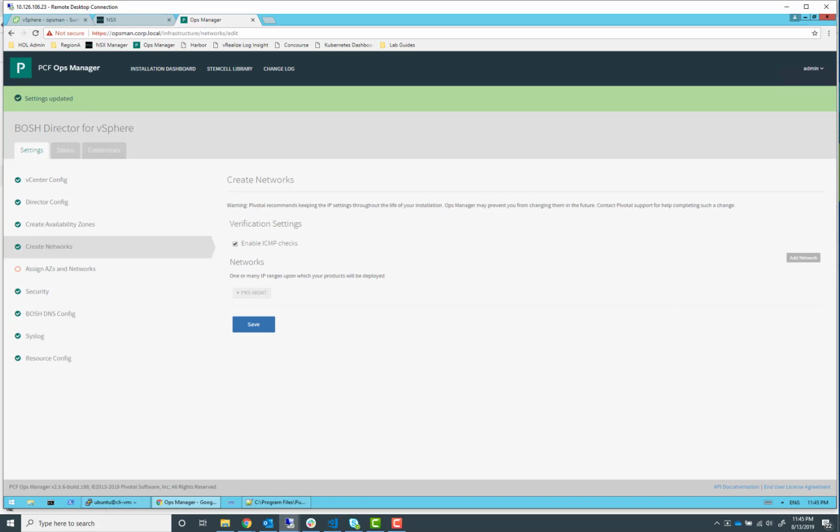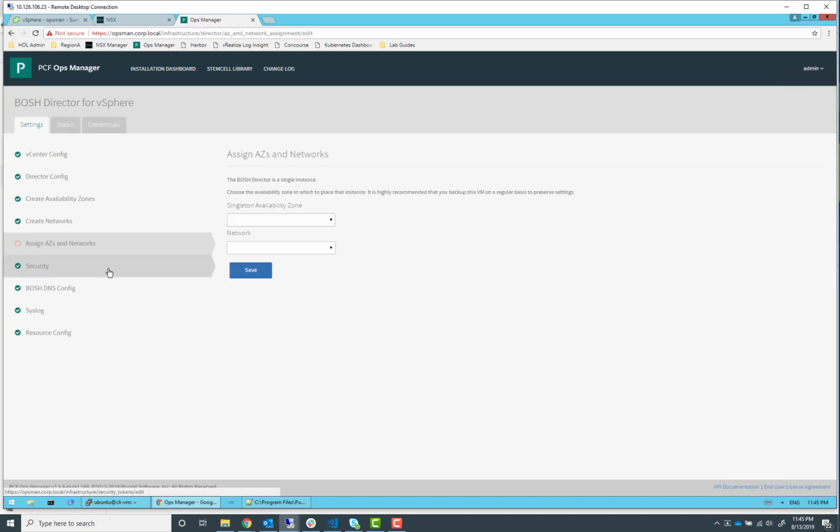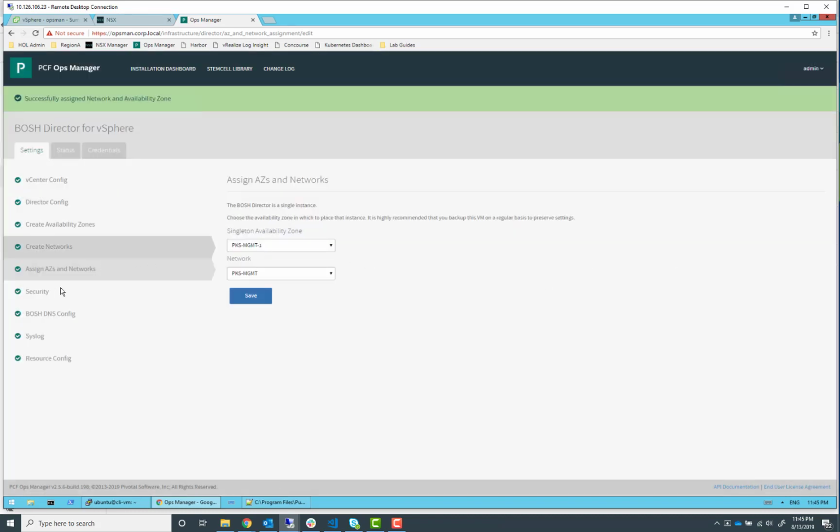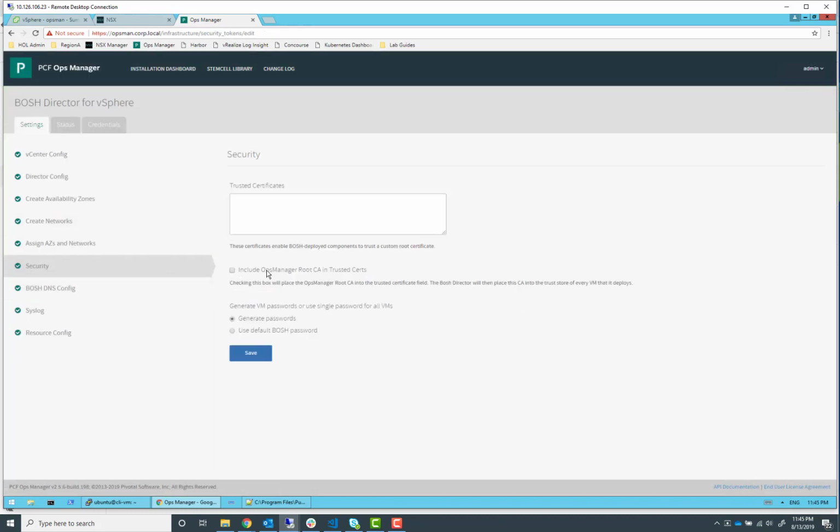We'll continue on here with step 2.15, and we're going to go to this assign AZ and networks, and for the singleton availability zone we'll choose PKS management 1, and the network will choose PKS management, and save. Next we'll check on the security tab, and we're going to make sure this include ops manager root CA in